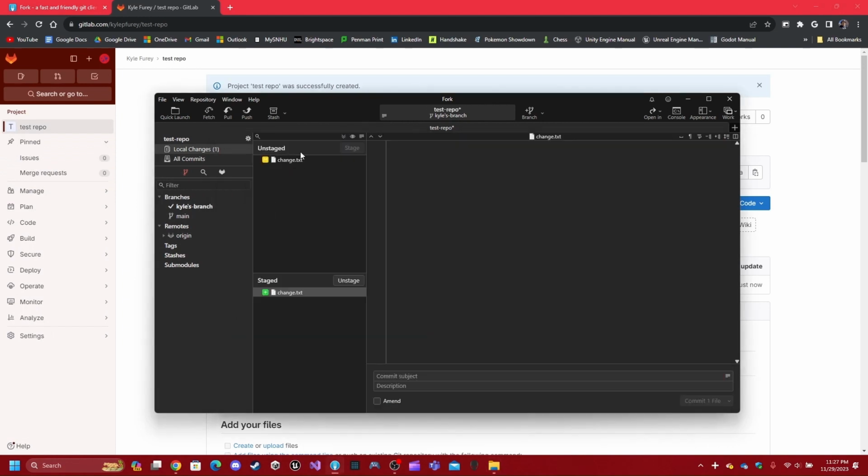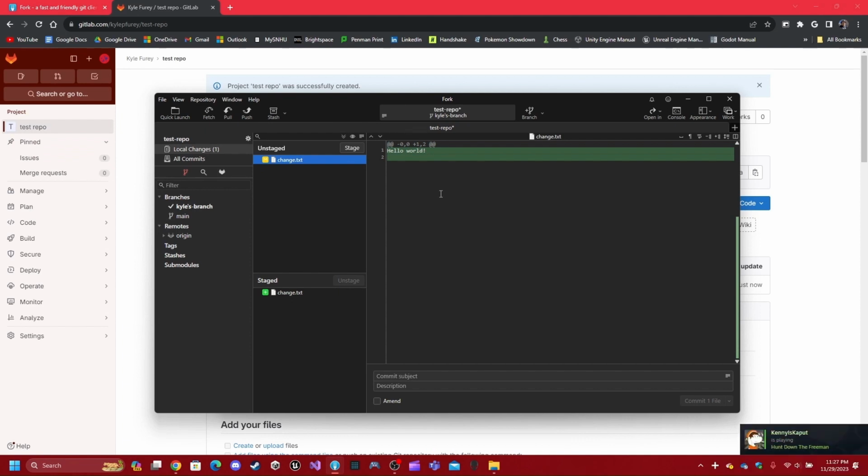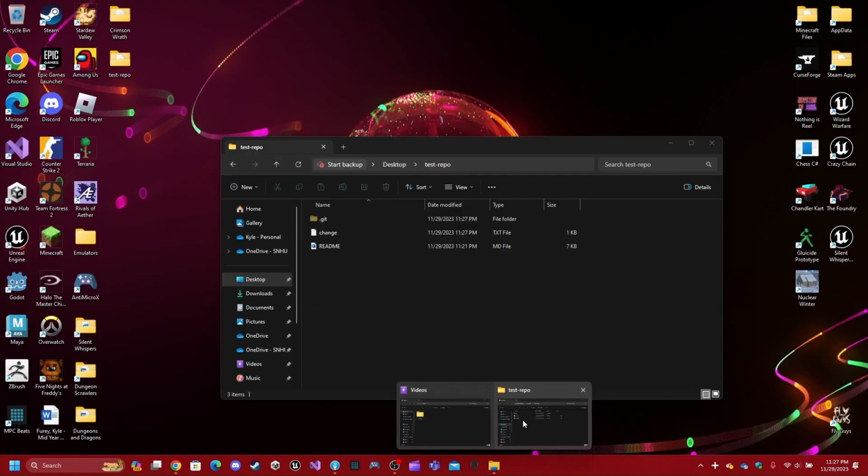Now you'll see here the change is yellow because now I added hello world to the text. And that's really useful for programmers because we basically program on text documents. So it literally keeps track of each individual line and what was changed in your text documents. So if you have two people working on the same text document, it will just merge them by adding the lines together, which can be really useful if you're working on the same script or whatever. But yellow means modified, green means you added something, and likewise, if I delete this,